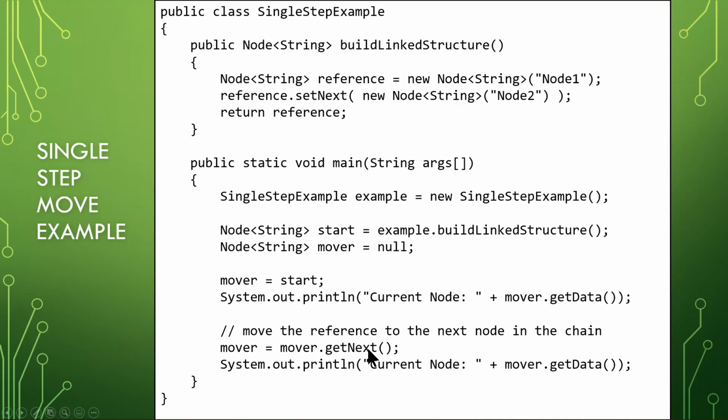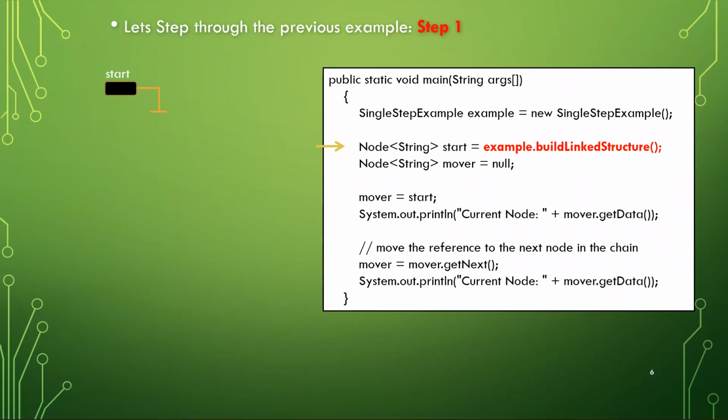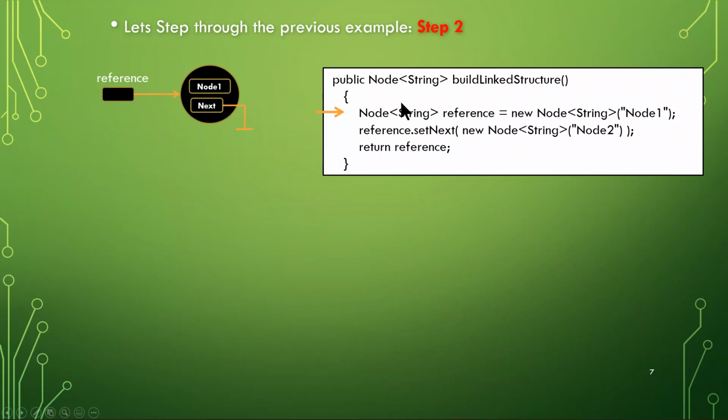Now, I expect as you see the previous videos, even though I talked that quickly, we have a step-by-step of going through all of the actual code itself with the visualization happening here. So in step 1, before this line is actually executed, we have our start reference, which would be null, and then we have the call to the method here to actually build the structure for us. This one here within the first line for the reference that we have right here, we'll make a new object that we see here, and passing the data is node 1,